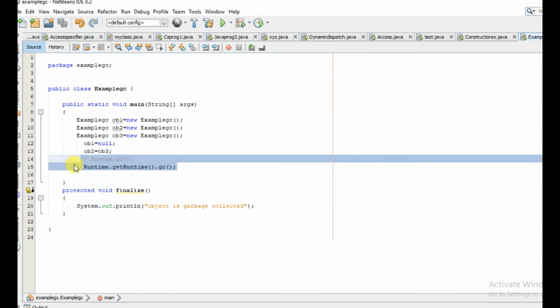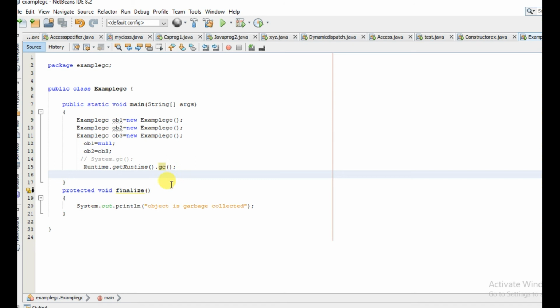See, this is also a request, and this cannot force the JVM to run the garbage collector. This finalize method is called before the garbage collector. So I think this process is now clear to you.